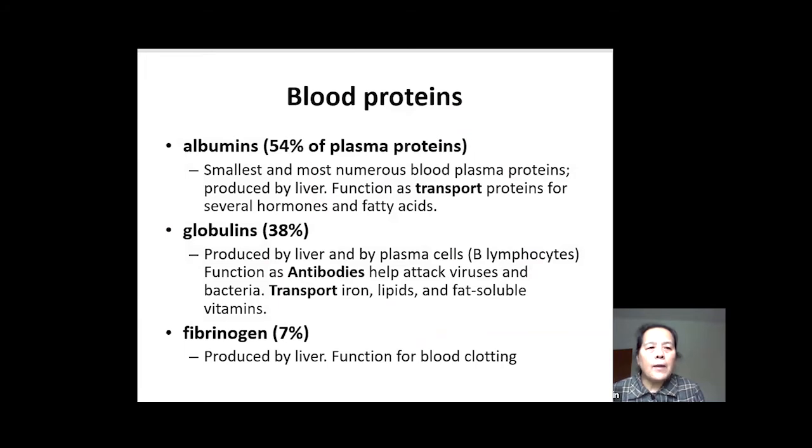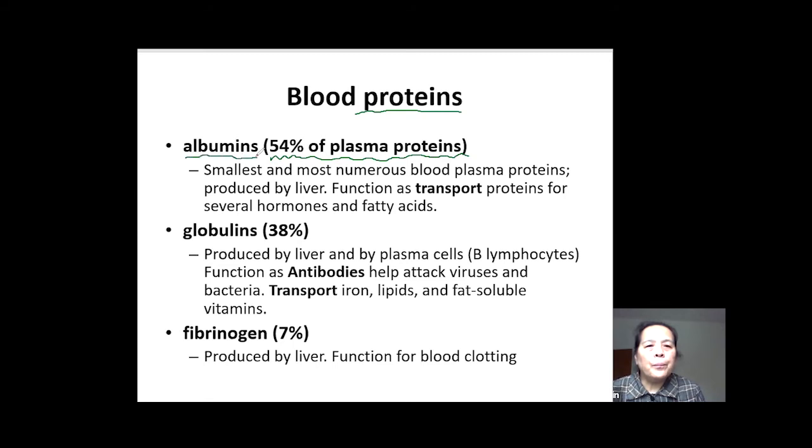So the water part, we are not necessary to talk about the detail, but the protein part, let's talk about some detail here. Because proteins will have different functions. Yeah, different kinds of protein, they will have different functions. So we say the biggest part of protein in the blood, yeah, blood plasma protein,